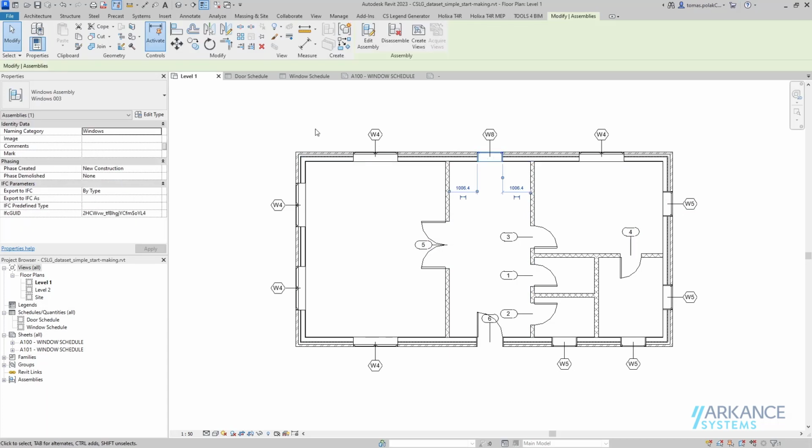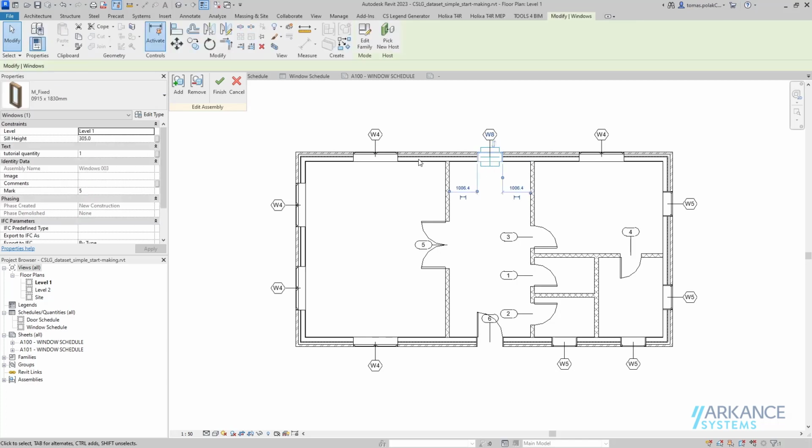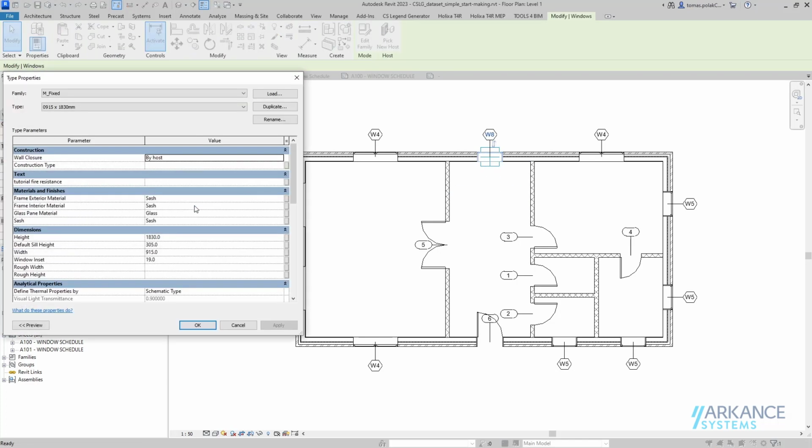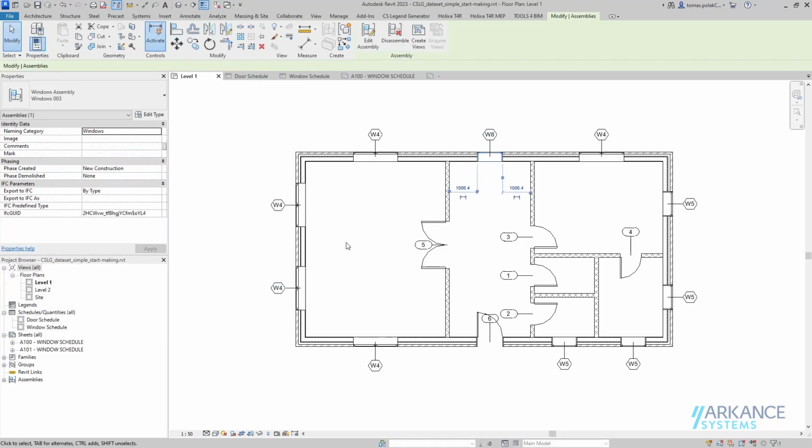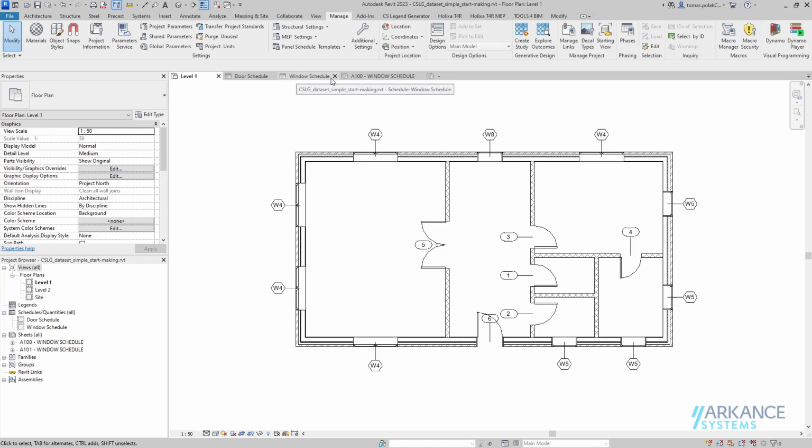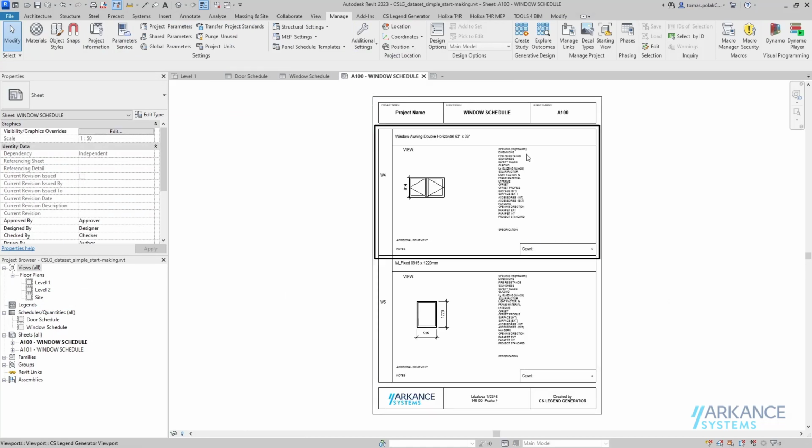There's just one window 8 here. It's already created as an assembly, so I have to edit the assembly. Then I can select the window and change the fire resistance to, let's say, 3 hours. Okay, finish. But now in my window schedule, nothing is showing up because I have created it properly in my